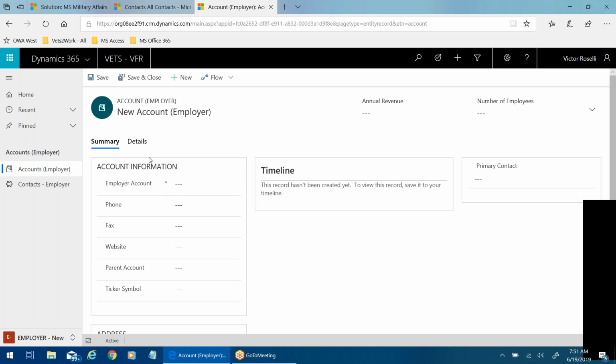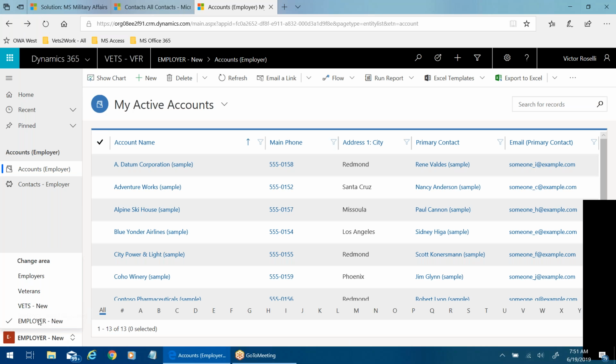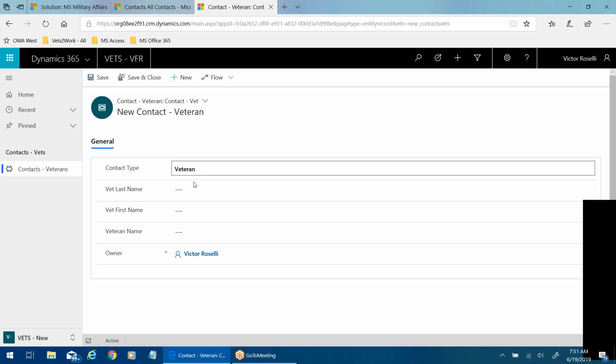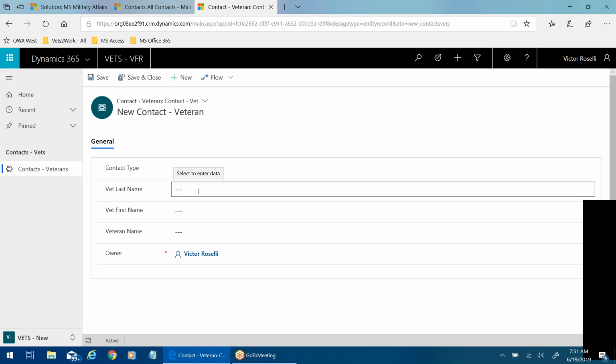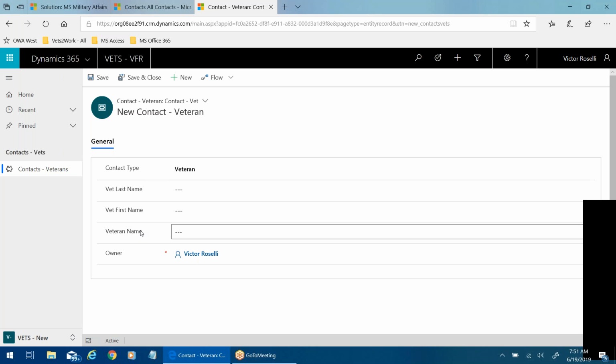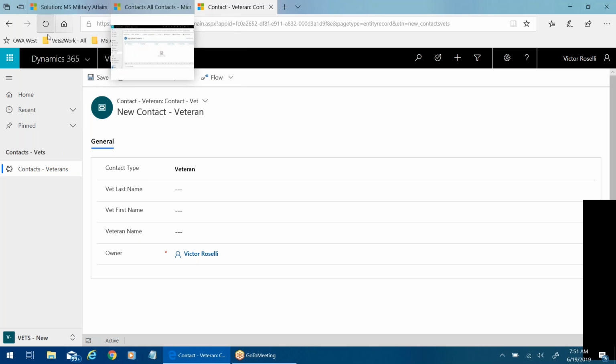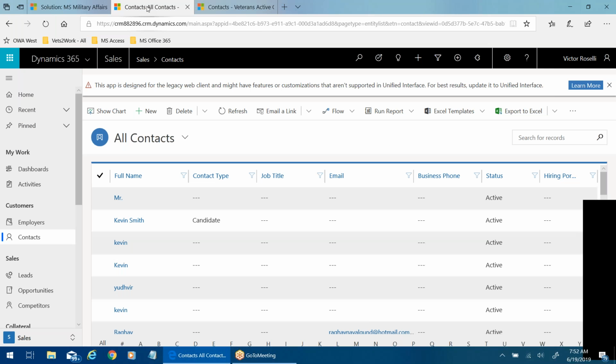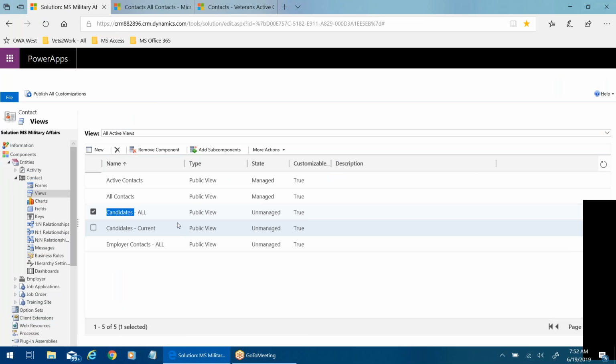If you're in the vets area and you create new, it would be the form for creating a new veteran contact. And then I think the next hurdle is restricting who has access to which area, because there's going to be two separate users. One's going to be Carol dealing with the veterans, one's going to be Dan dealing with the employers. So restricting who can access these veteran contacts and employer contacts is the next step in the total solution. Am I making sense?